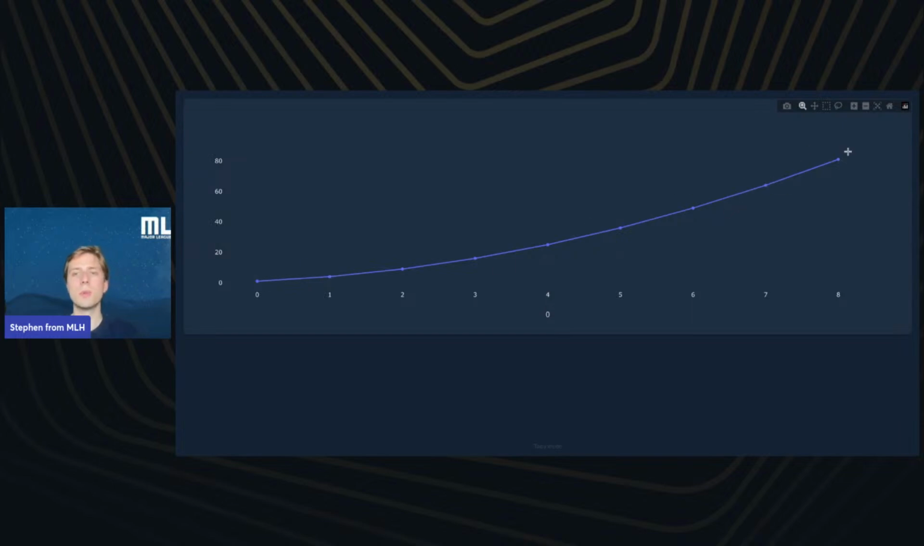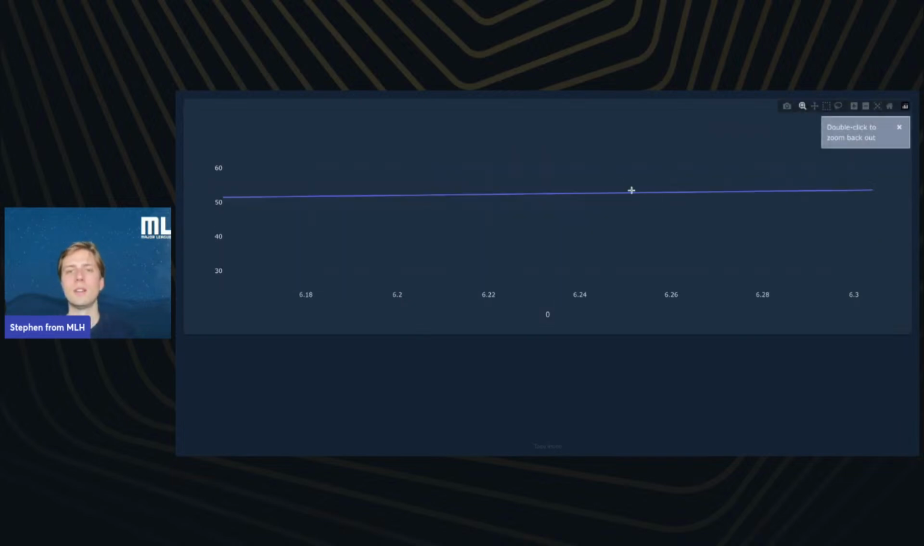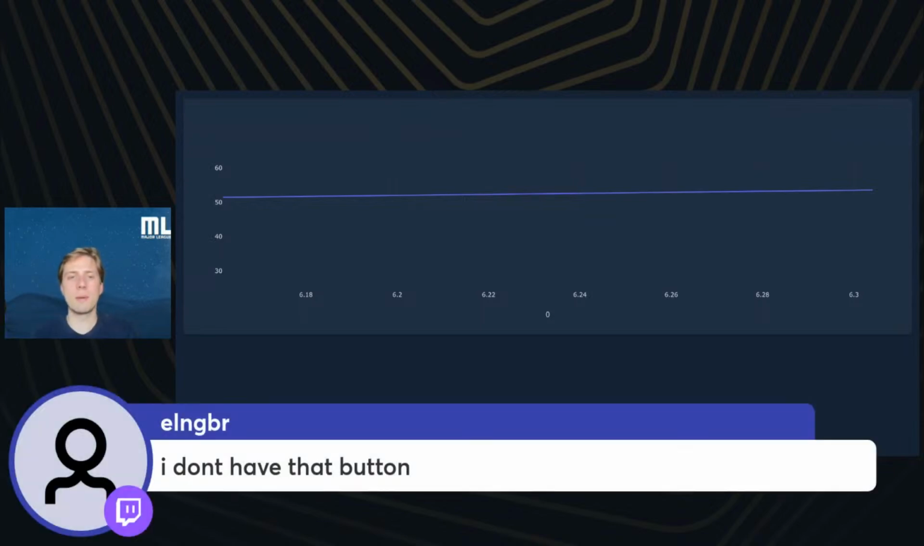And you can see even there's an interactive element that shows you each marker, and you can use these things like box select to do something, take a picture, zoom, whatever it might be. But yeah. Okay, Elena says, I don't have that button. So